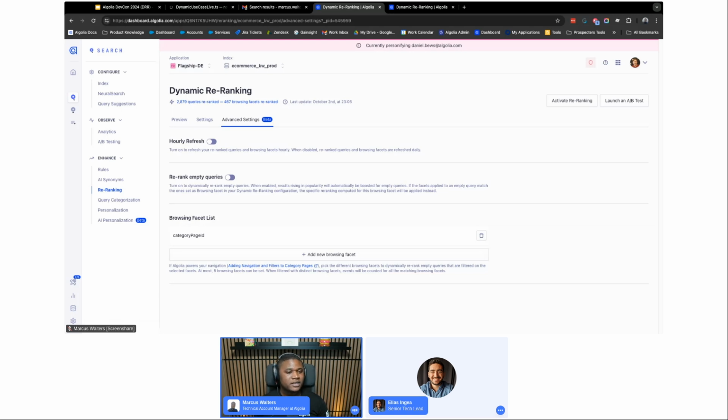There's a TV category, or there is a health and beauty category. These will all list under a particular attribute in your data that might look something like this, category page ID. In order for Algolia to re-rank results based off of that, we need to specify that here. And then that will allow us to re-rank those, because in Algolia, those are considered empty queries. There's no actual query being sent, but there is a filter or a browsing facet that's being supplied. And we need to know what that is upfront so we can influence the results as we